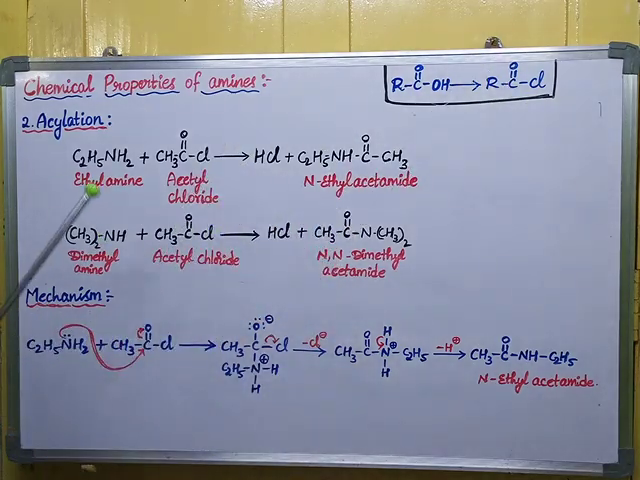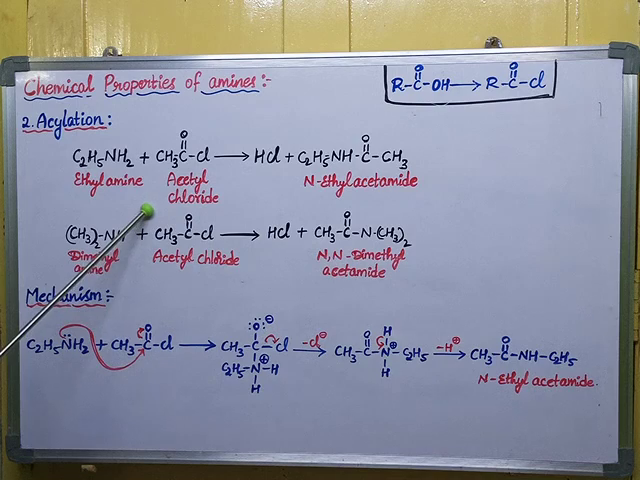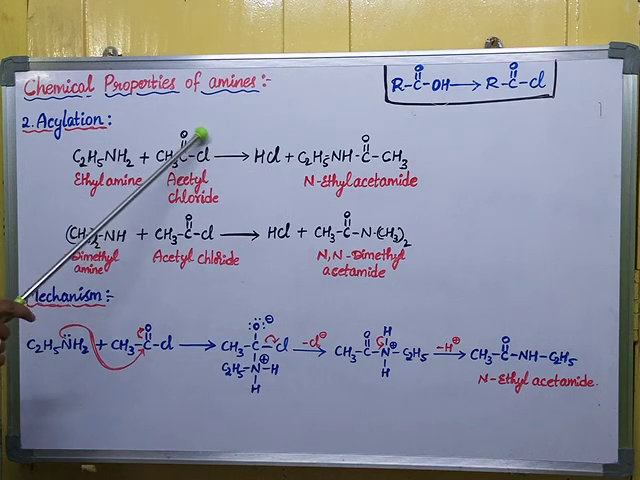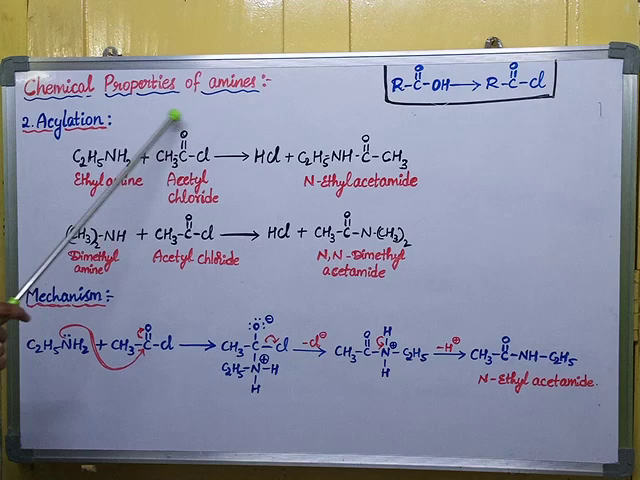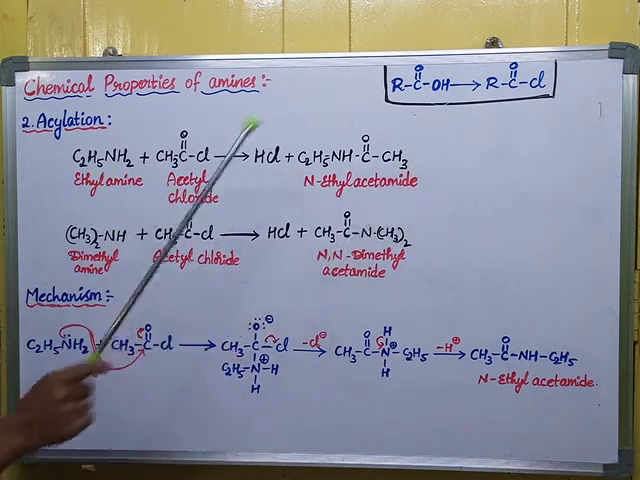So in this reaction, firstly I am taking the primary amine, that is ethylamine. Ethylamine is reacting with acetyl chloride. Acetyl chloride is obtained from acetic acid, CH3COOH, by replacing the OH of COOH with Cl. Now this ethylamine reacts with acetyl chloride and produces N-ethyl acetamide and